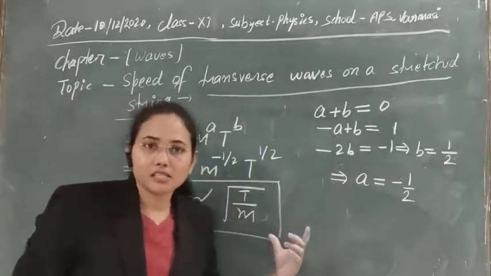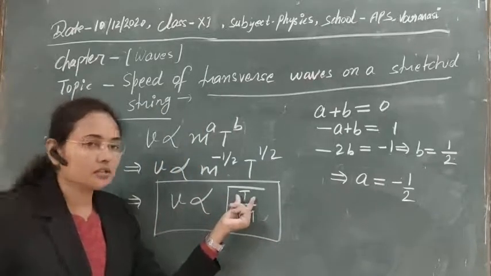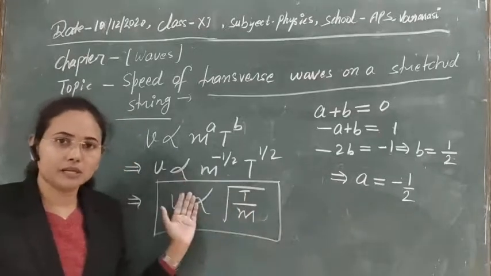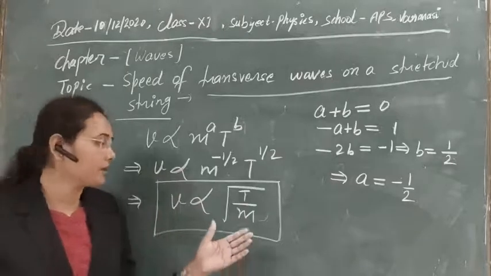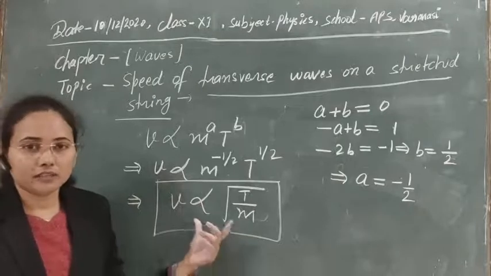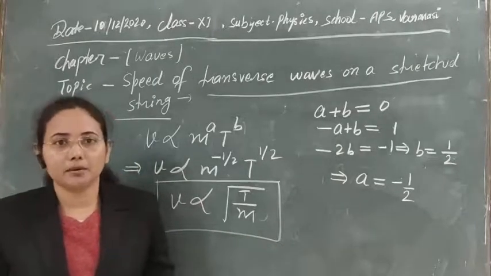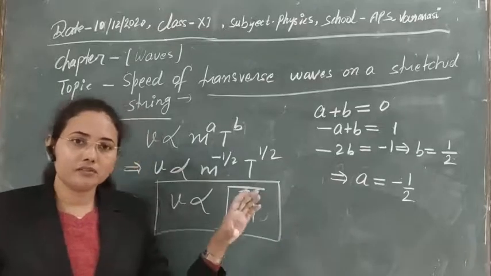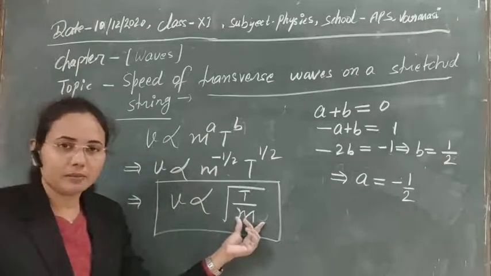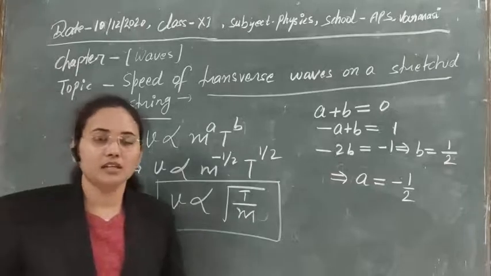So on the stressed spring, the speed of the transverse wave is directly proportional to the tension produced in the spring, which means greater will be the tension, greater will be the speed, because greater will be the vibrations there. And if the mass per unit length is greater, then obviously you know that mass offers resistance due to its inertial property. In that case the speed of waves will retard. So obviously greater will be the mass per unit length, less will be the velocity of the wave that is produced in the stressed spring.